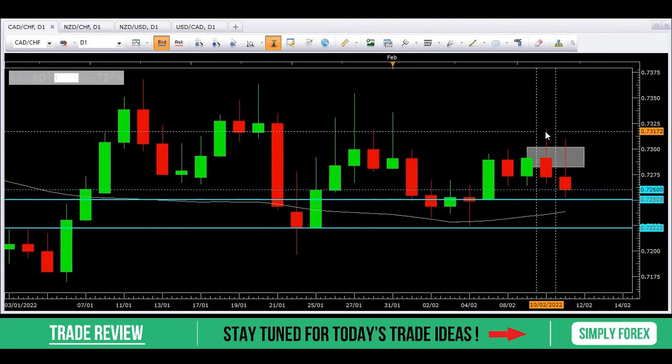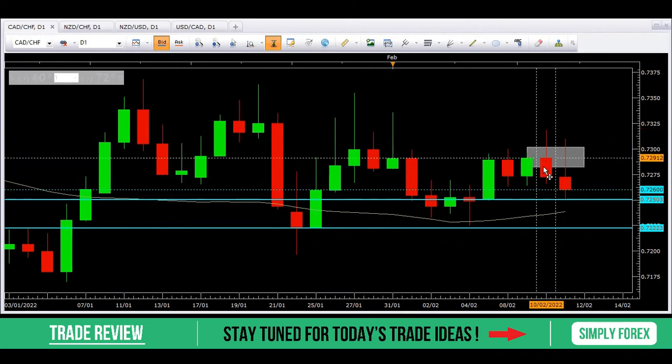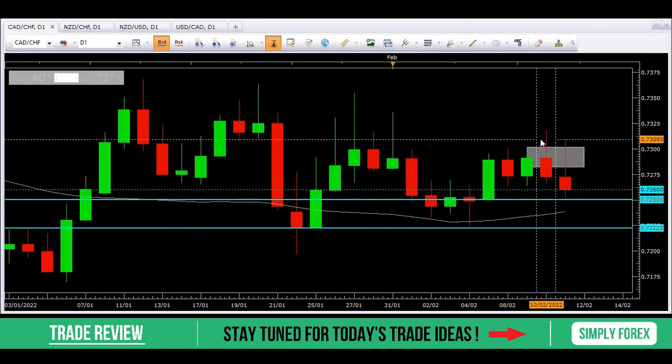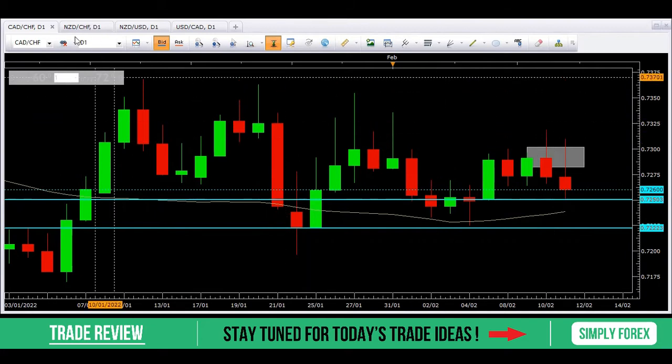If you remember back to Friday, we were shorting because of this candle here. It sort of bounced off of this area of resistance. We had a large bearish candle form, so I thought we could take price back down to this blue line. And that's exactly what happened, guys. But let's look at H1 to see how it all played out.